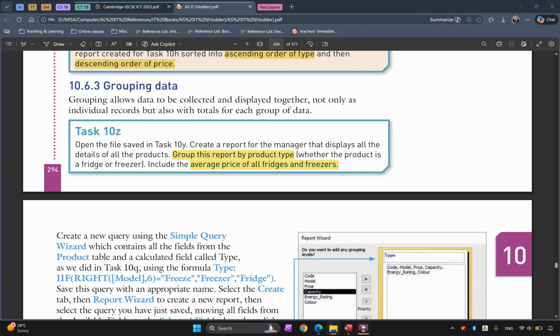Alright, in task 10Z, we're going to use the previous file and create a report for the manager to display all the details of all the products. Group this report by product type, whether the product is a fridge or a freezer. If you remember, in the previous tasks or activities, we did